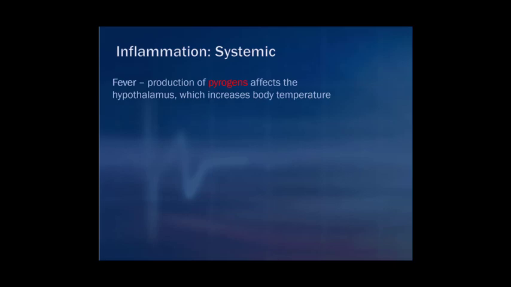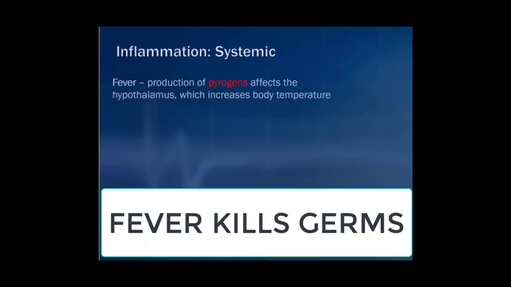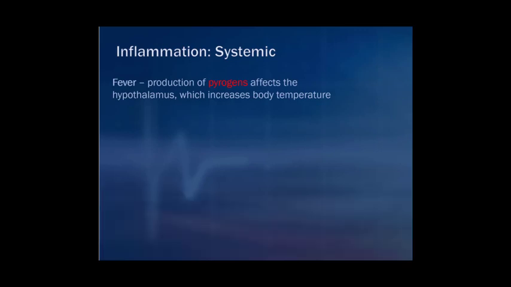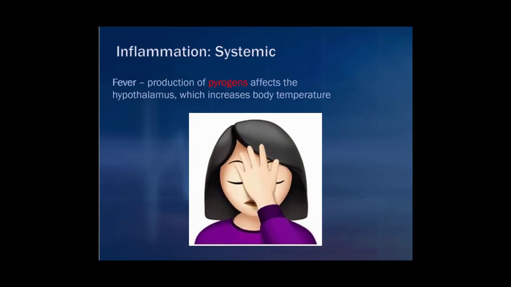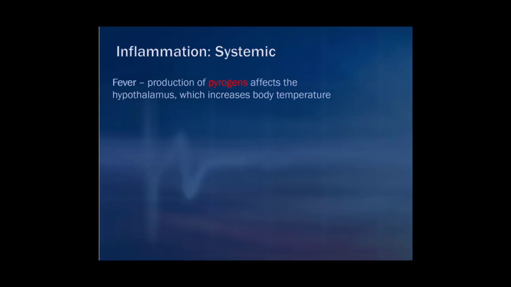So if there's a foreign substance causing systemic inflammation, such as a bacteria, a virus, a cancer, a fungus, then our temperature will rise in an attempt to kill that organism, because often those organisms cannot survive in a higher temperature environment. And what's the first thing we do when we have a fever? We take Tylenol or ibuprofen to reduce our temperature, which actually counteracts our body's attempt to kill that foreign substance